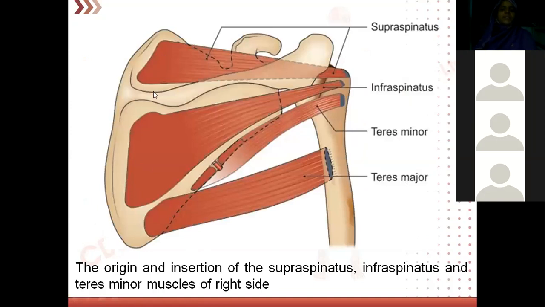See, what are the various muscles we have already seen when we were discussing the scapula. Above the spine of the scapula, we have supraspinatus. Below the spine of the scapula, we have infraspinatus. Then along the lateral border, we have teres minor and teres major. Do you remember we have SITS muscles, which are attached to the greater tubercle? It forms the shoulder cuff or rotator cuff or musculotendinous cuff, which gives stability to the shoulder joint.